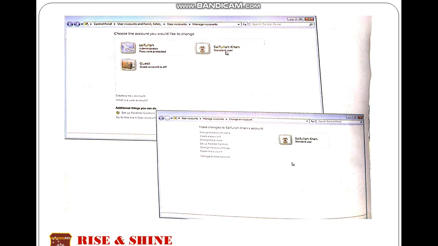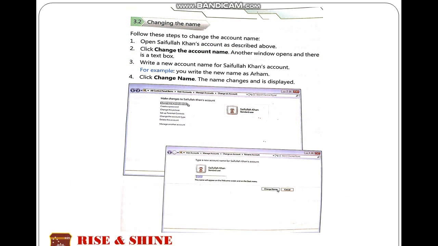He can, number one, change the name. The process of changing the name of the account is as follows. Number one, open Saifullah Khan's account as described above. Click change the account name. What changes we want to bring, we want to change the name of the account. So in this rectangular area, you can see the option change the account name.